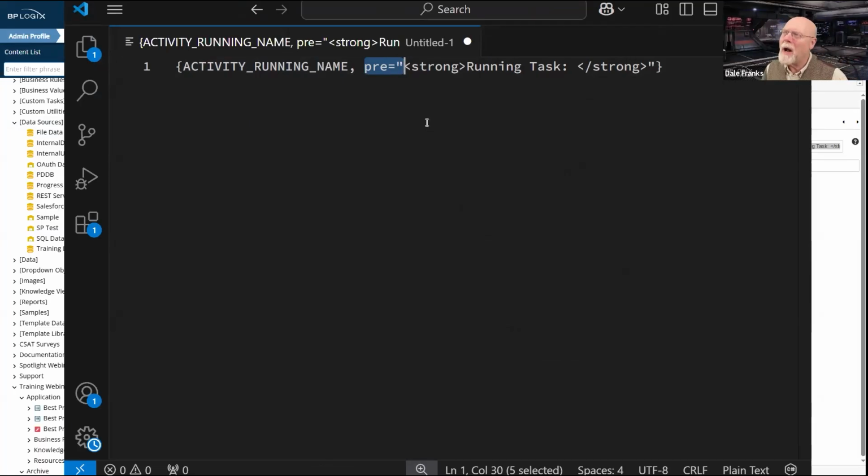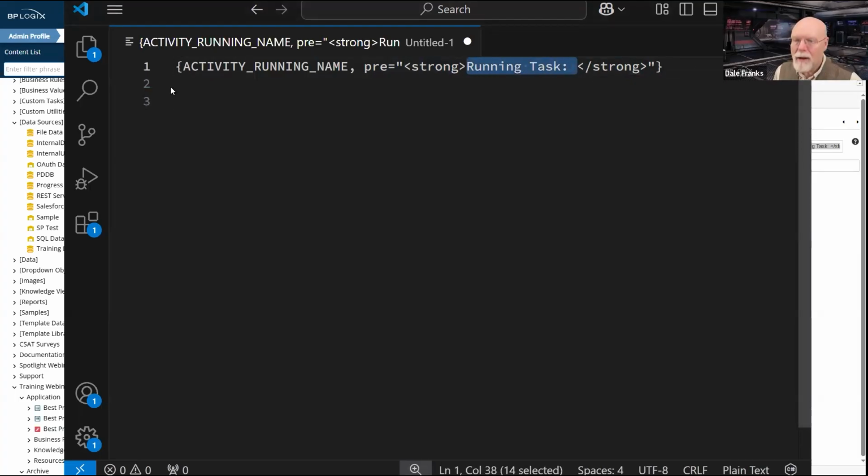That would be a modifier, not a formatter. So that is the pre modifier. And I want to have it throw out some text in front of that, which basically will be boldface text that says running task colon space. So if my activity was activity one, and I can't boldface here, so we won't actually be able to see the boldface in Visual Studio Code, but what the end user should see